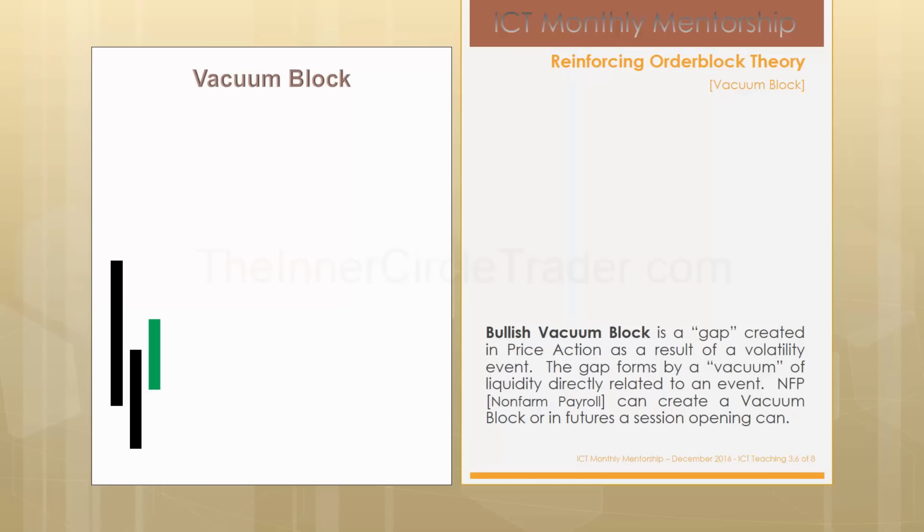It could be an FOMC related event, anything along the lines of interest rates, or it could be a geopolitical event that was not foreseen, maybe not even on the economic calendar, say a terrorist attack, something of that nature. At any rate, we're going to assume that we see the market gap up. Okay, when we see that gap, the